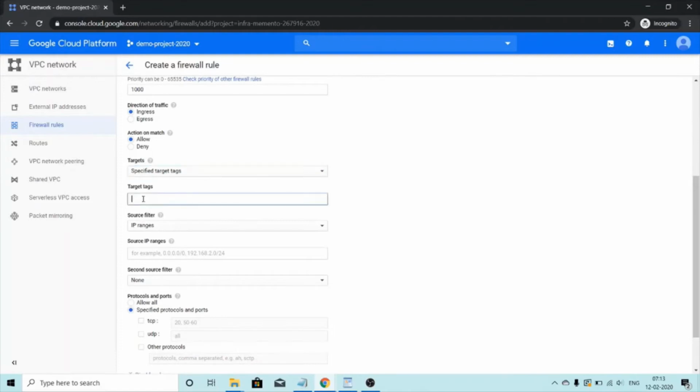Or if I select specified target tags, so suppose when I'm creating my virtual machine, I have given it a tag of, let's say, allow SSH, or maybe an environment tag of, let's say, dev. And if I mention the same tags over here, then only those virtual machines which have the tags mentioned here will be affected. But for this tutorial, I'm just going to select the option all instances in the network,